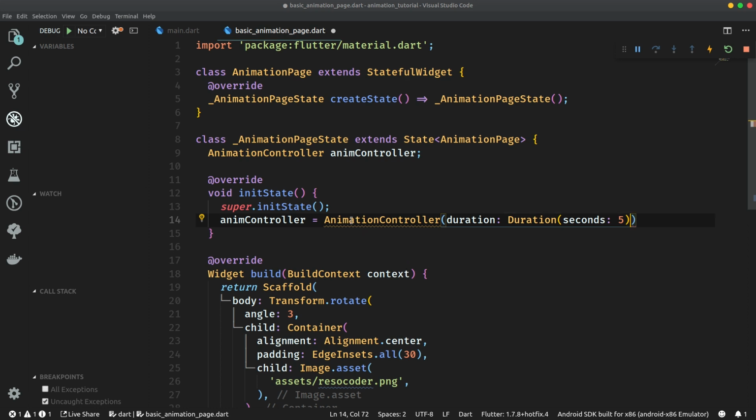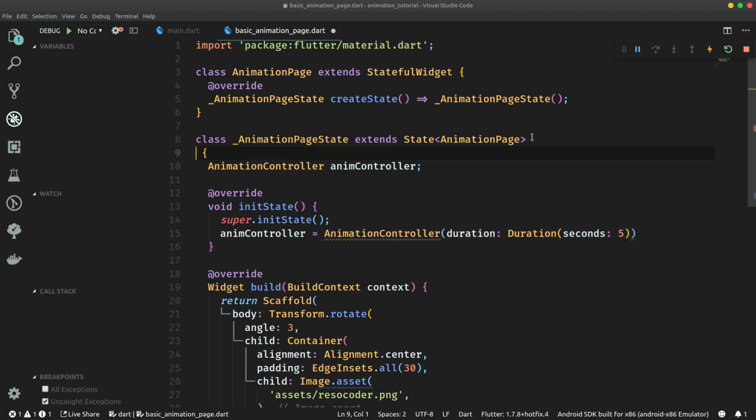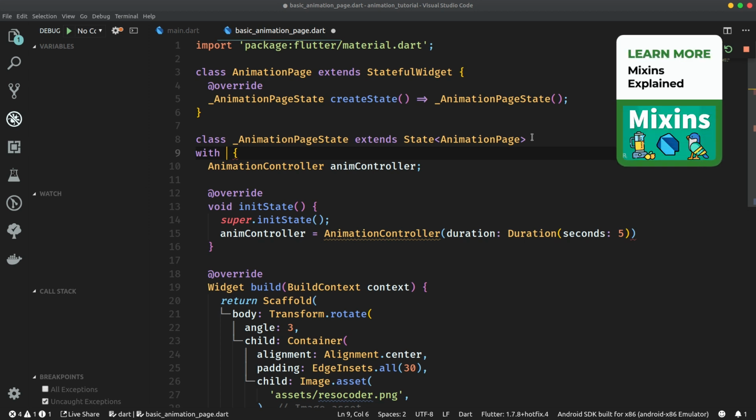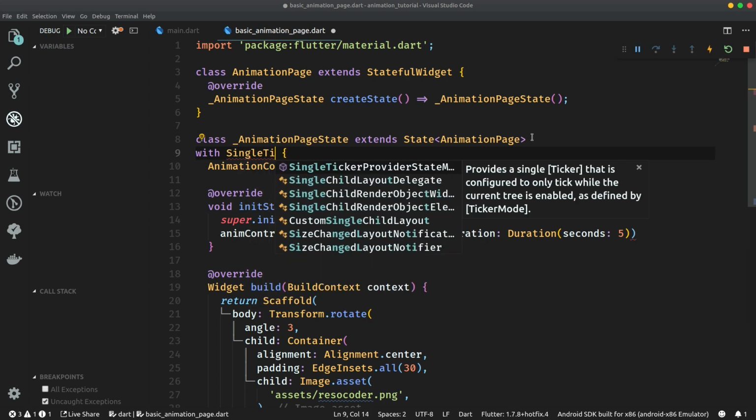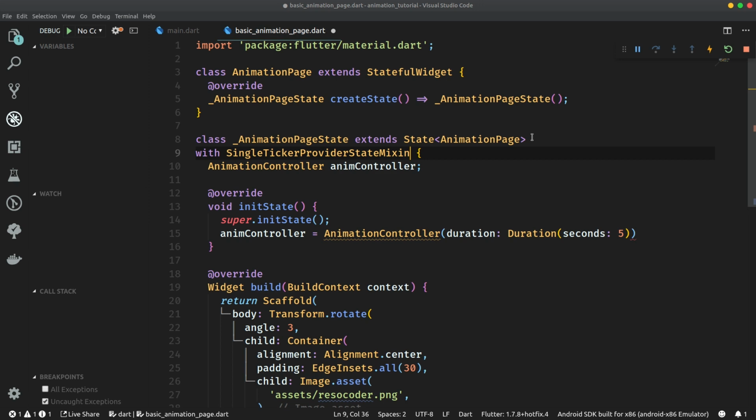And to let the AnimationController know when precisely it should generate values, we're going to use a special ticker mixin, and it's a common case to use this mixin on the widget containing this animation controller. So in this case, we're going to use this mixin on the animation page state. And if you want to learn more about mixins in general, definitely check out the video from the card in the corner. We're going to use SingleTickerProviderStateMixin, which is optimized if you have just one animation